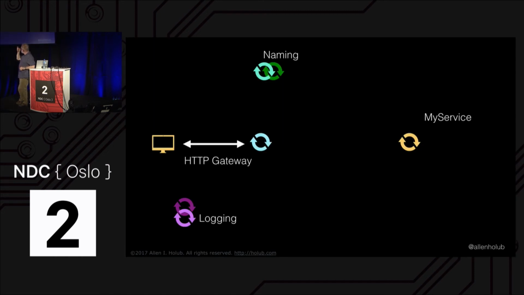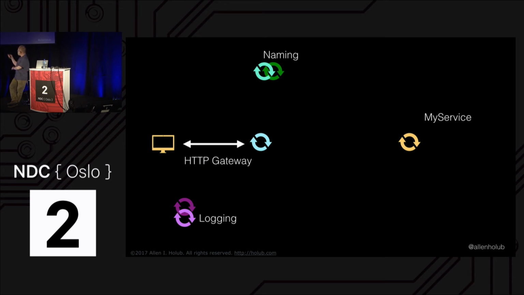So let me go to the next slide, and as I said, I'll come back to this one. I have my HTTP gateway service here. I have a couple of logging services running in parallel. I've got a couple of naming services, and then I have the service I want to talk to. Now, this naming service is a very, very simple naming service. It has one service name in it that's matched with one TCP IP address.